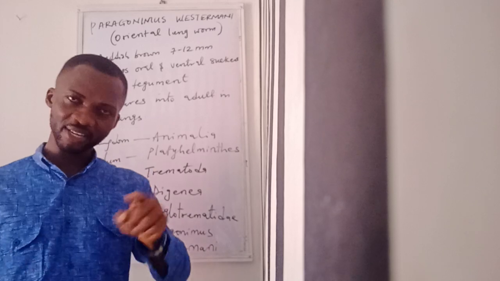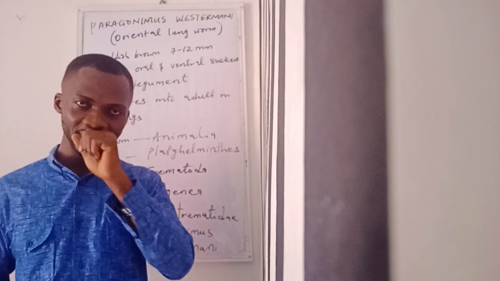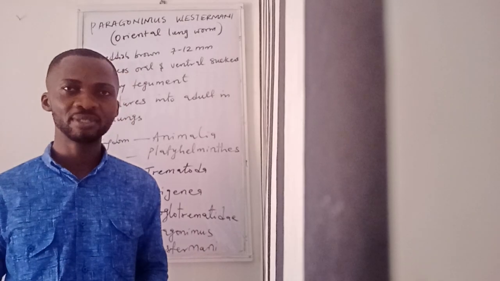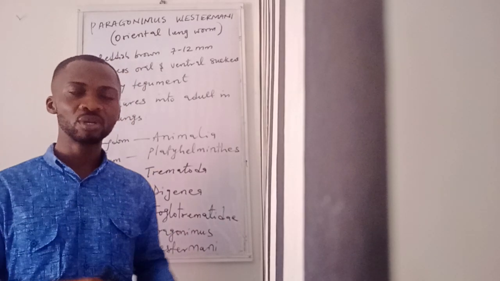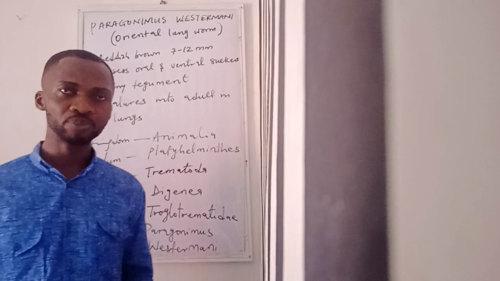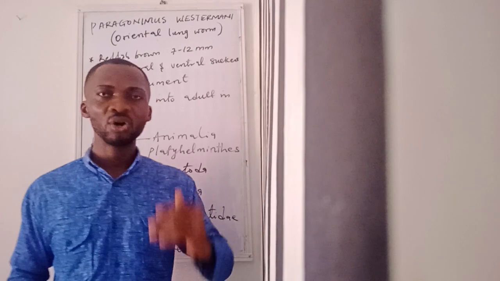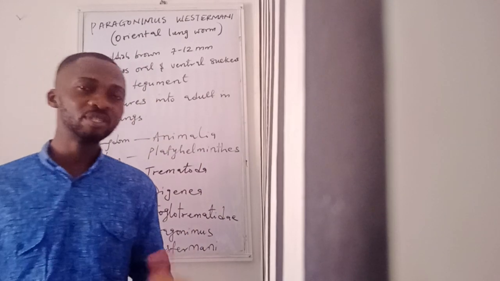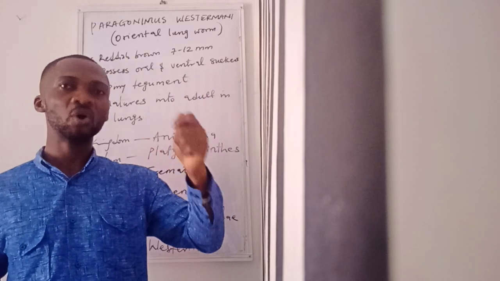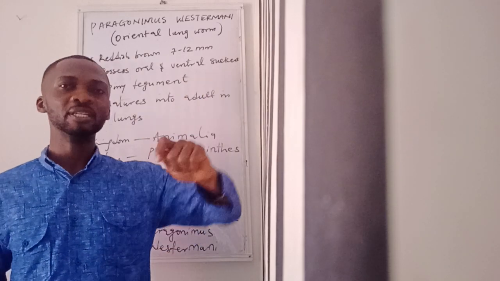And this metacercaria is similar to the metacercaria that we mentioned in the case of Fasciola. The difference is that the metacercaria of Fasciola encysts itself within the watercress, which is the second intermediate host. But in this case, this metacercaria encysts itself within the muscles of the crab or the crustacean. And that is where it remains until next an individual, which is the definitive host, of course, like man, takes up the raw undercooked crustacean or crab, then the parasite